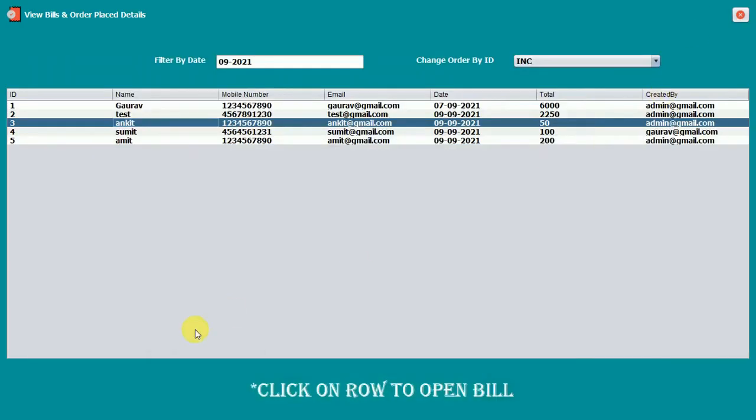So it means that everything is working fine for the view bill and order place details part of the Cafe Management